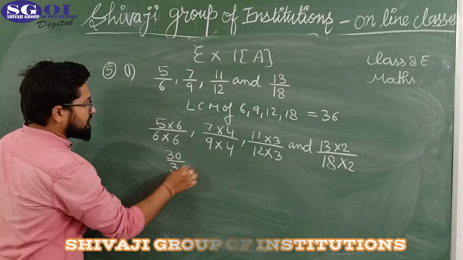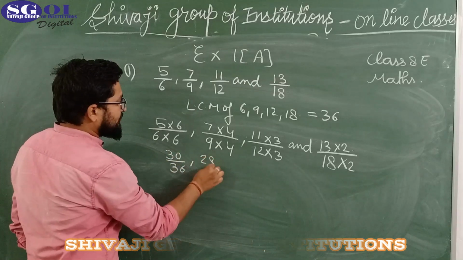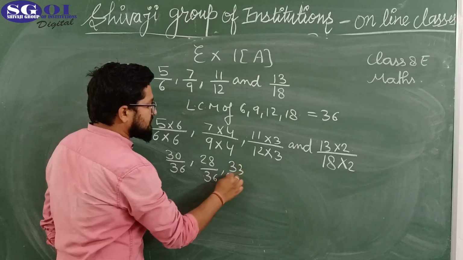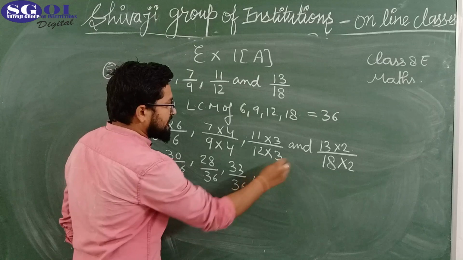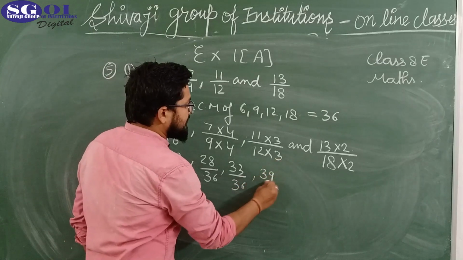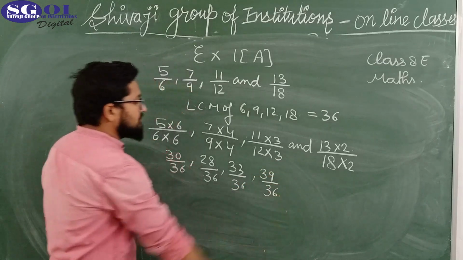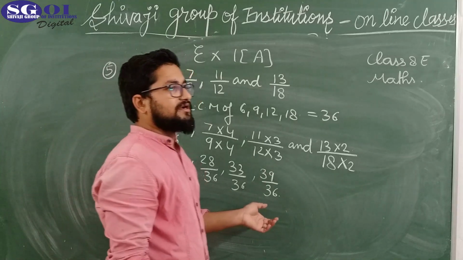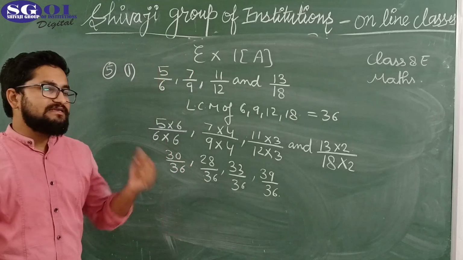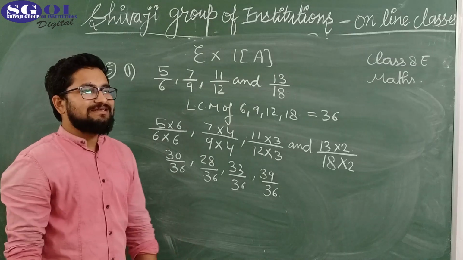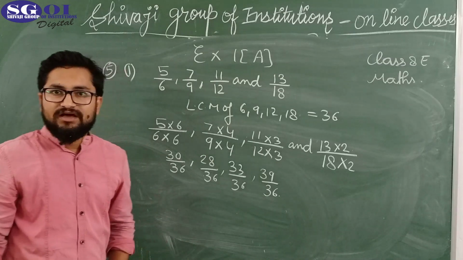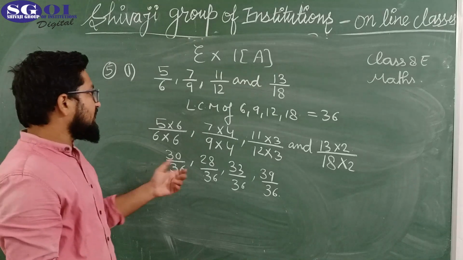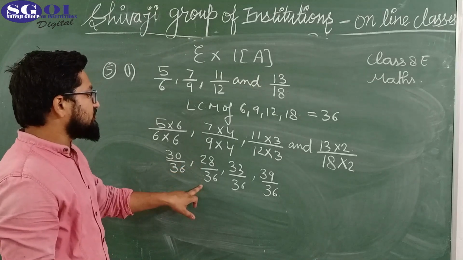This will give us 28 upon 36. This will be giving 33 upon 36, and ultimately this will give us 39 upon 36. Now we have four rational numbers जिनके चारों के denominator same है. So from here we can easily compare which one is the least and which one is the greatest rational number. So from here we can clearly see सबसे छोटा कौन सा है 28 upon 36 और ये किससे corresponding